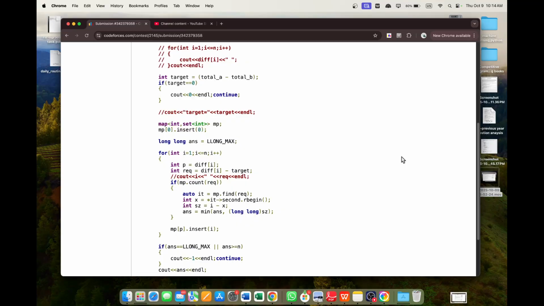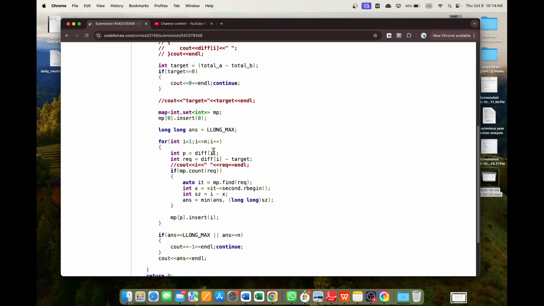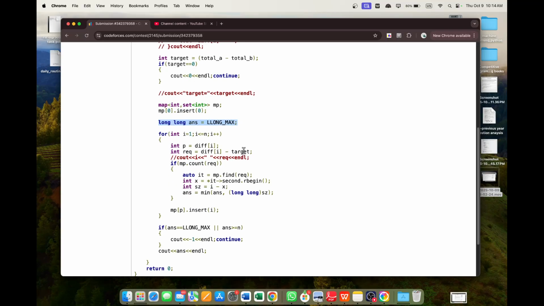Sorry for taking too long. So what I have done, first of all, I have taken a map of integer and set. First of all, I have taken the answer as long max. Then I have iterated from 1 to n. First of all, I have stored the div i in p, and what actually I need, let's say,